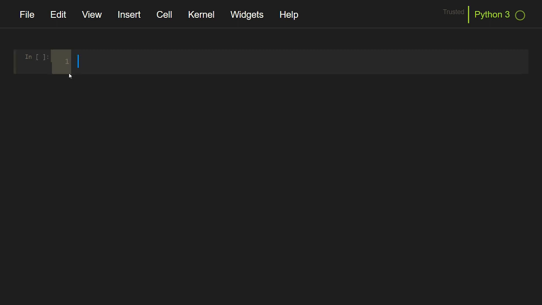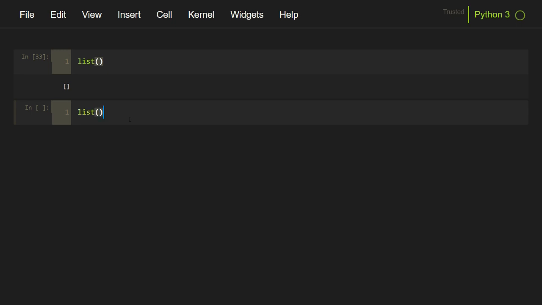The next function is the list function. Lists are mutable sequences, which means that you can add or delete elements even after constructing it. This is a very common data structure for many algorithms and applications. If we don't pass any parameter to this function, it will return an empty list. We can pass any iterable to this function to convert it to a list data type.